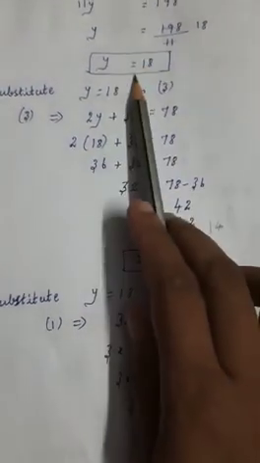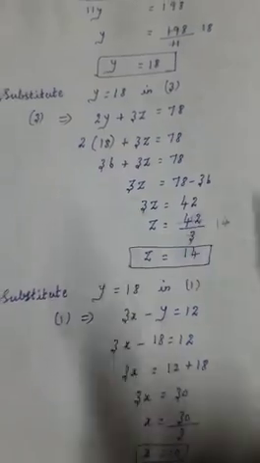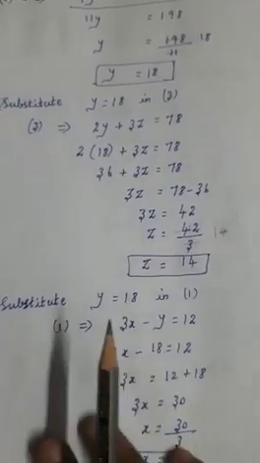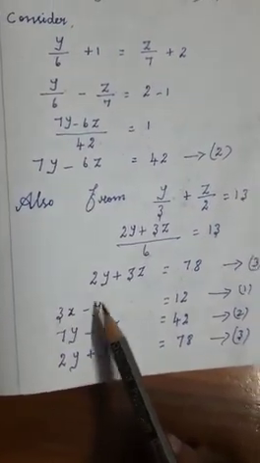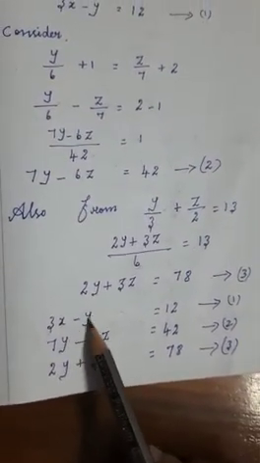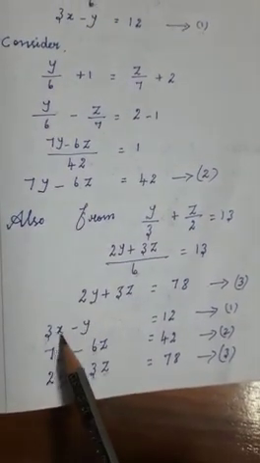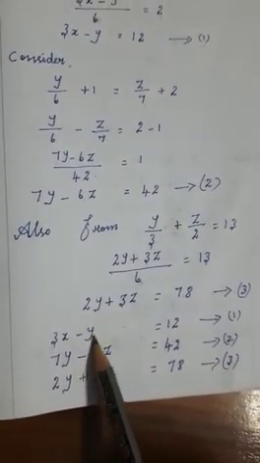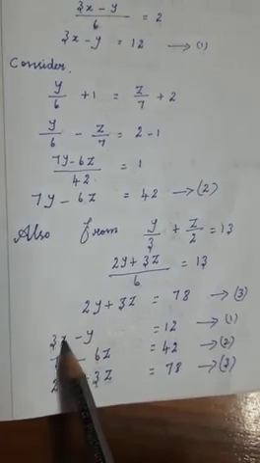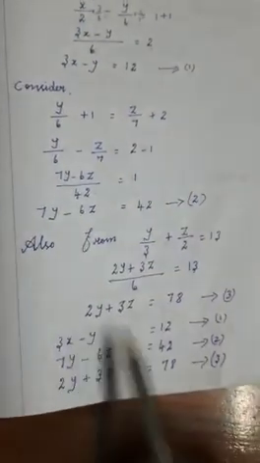So now we know the y variable and the z variable. Which variable do we need to find out? The x variable. In which equation do you have the x variable? Only in this equation, so we need to apply it here. Here we have the x variable and we know the y value, so if you apply the y value, we can get the x value.